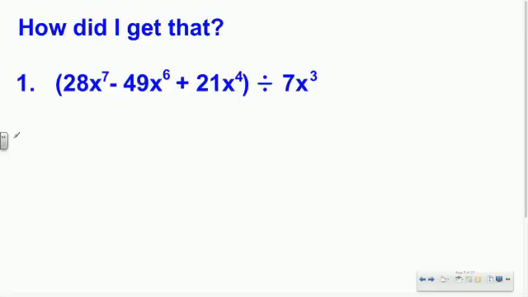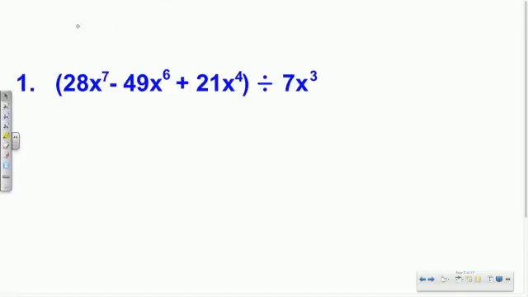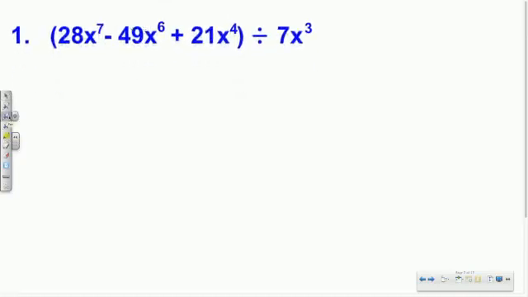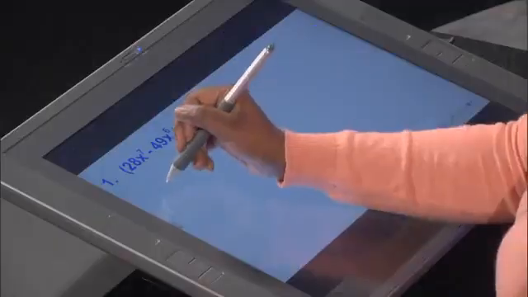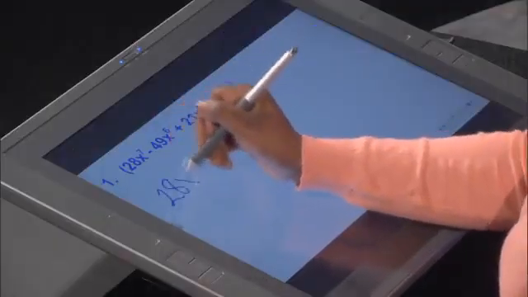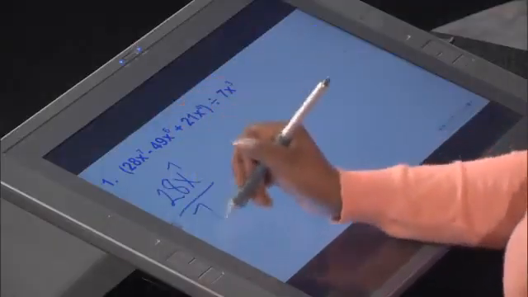Okay. So I followed the same process we've been doing. I started out by rewriting this into my chunks, into those 3 chunks in this case. So at first, I think I'm going to need a little more room. Let me get that out of the way. Then let's move that up. All right, here we go. Get my chunks going. 28x to the 7th divided by 7x cubed